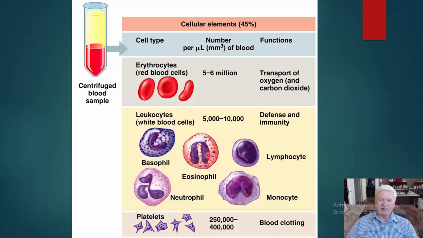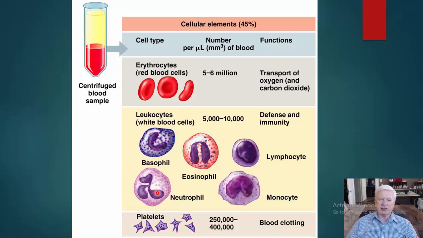By far the most numerous of these are the neutrophils. The neutrophils are sometimes called polymorphonuclear leukocytes, referring to the fact that the nucleus of neutrophils has a very